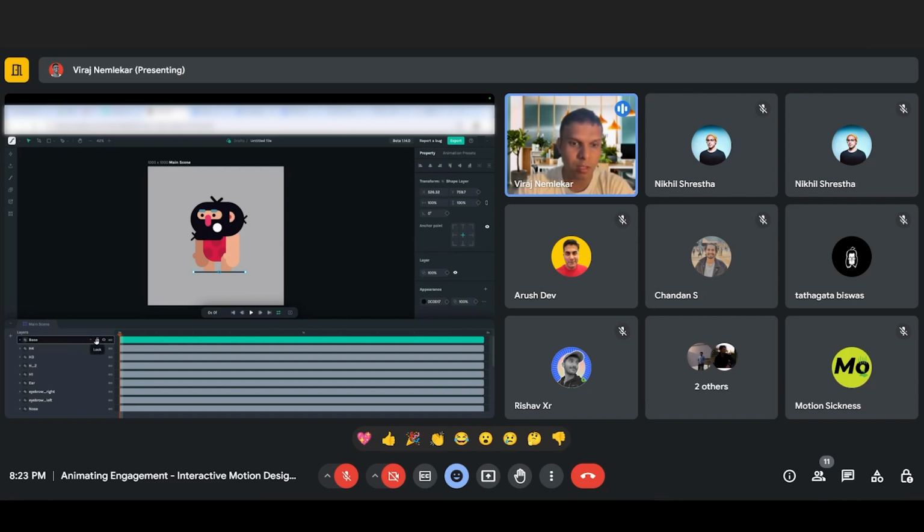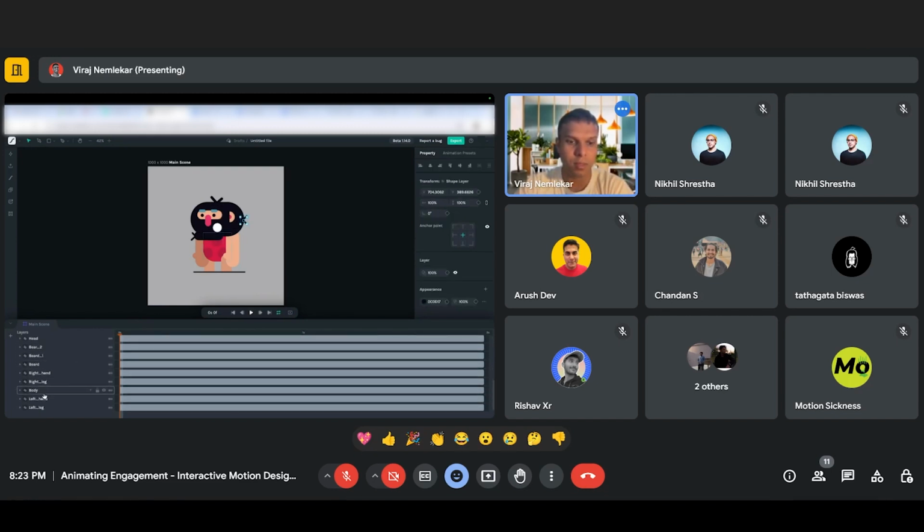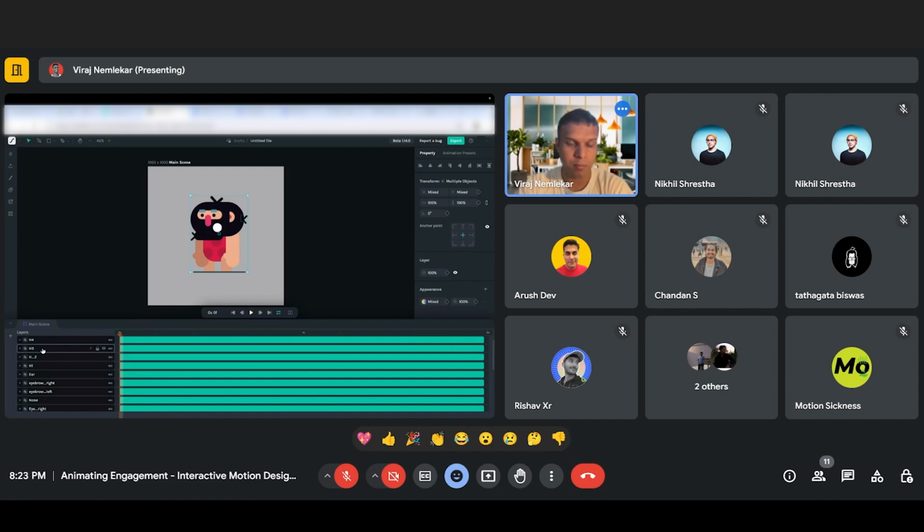I'll just lock the base layer so it will not shake anyhow, and do the same kind of animation. So I'll try with a body layer. Now one challenge is here, there is no parent option which you have seen in After Effects. So what you have to do is group this. I think the grouping option has not been applied yet. So in such a way, what you can do is